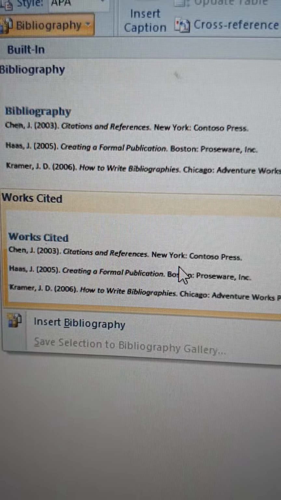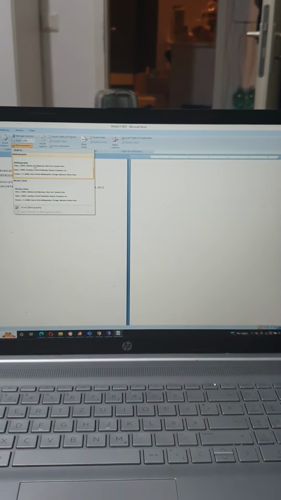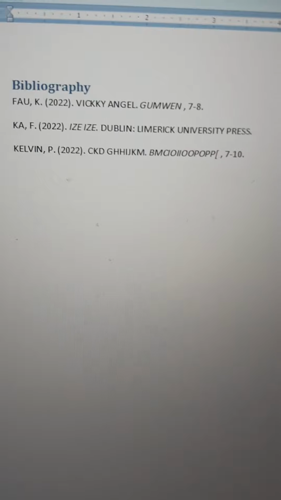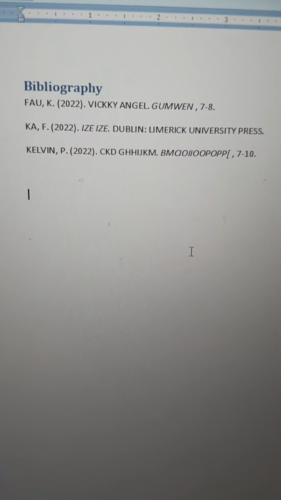See where I'm going to click here. Should I use cited works or bibliography? Okay, I'll use bibliography. Watch what happens now when I click. You see it? Now it automatically brings those things I saved before here. So this is how